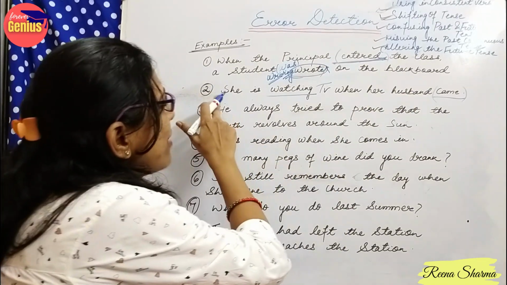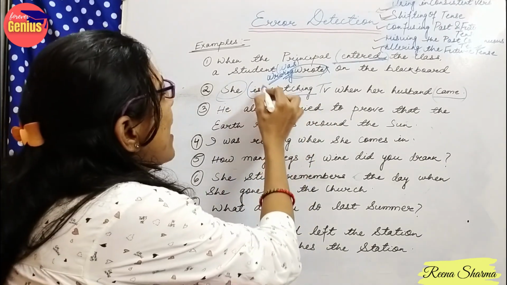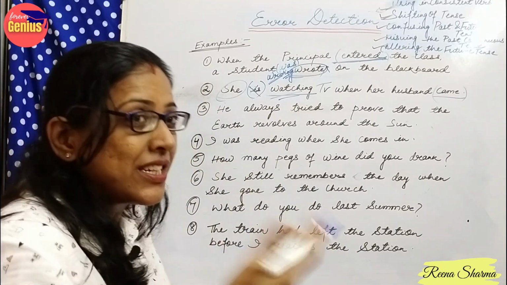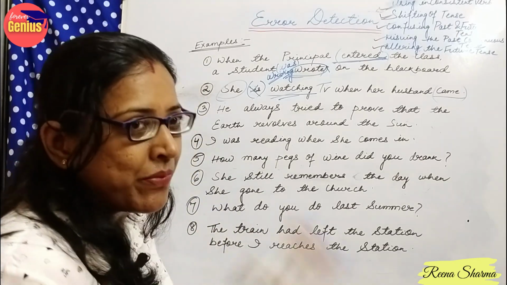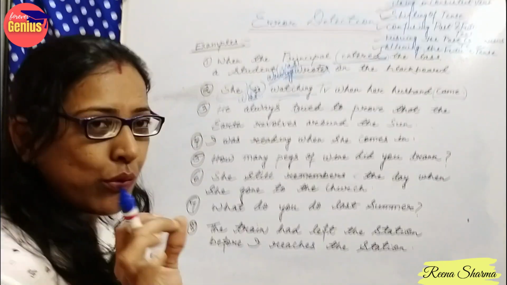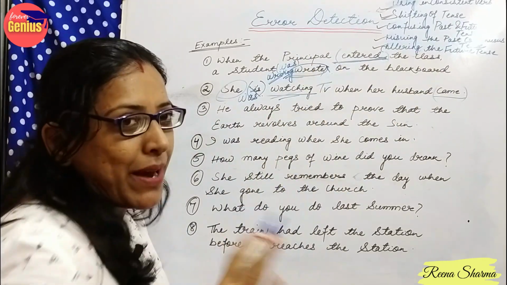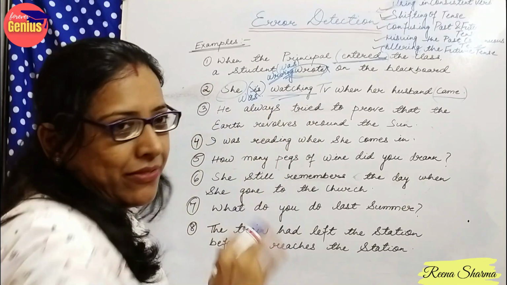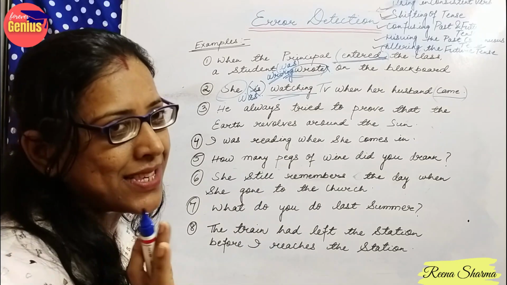But what was the wife or she doing? Watching. Watching is also correct. But is the helping verb correct? No. Because when the husband came, she was watching. See, automatically the structure is coming into our mind. So the correct word will be was. So now read the sentence: she was watching TV when her husband came. Now it's absolutely correct. Now the third one. Pause the video, try to solve, then recheck the answer.